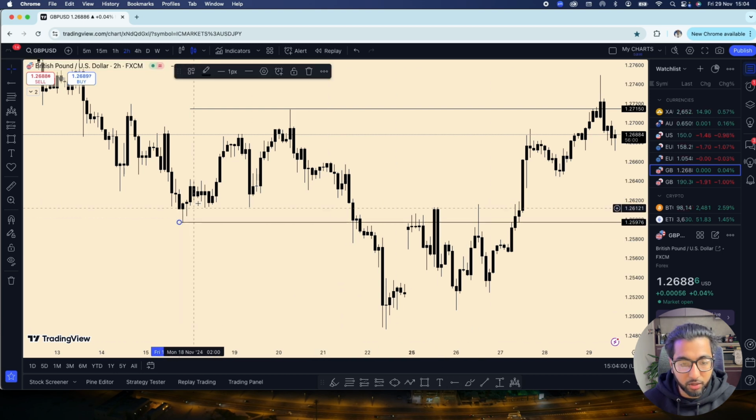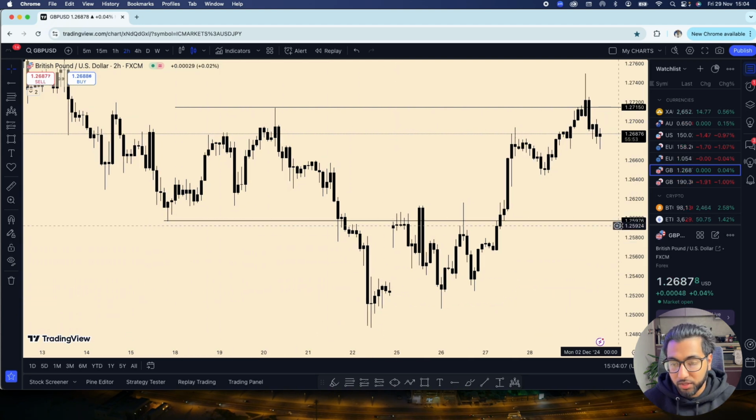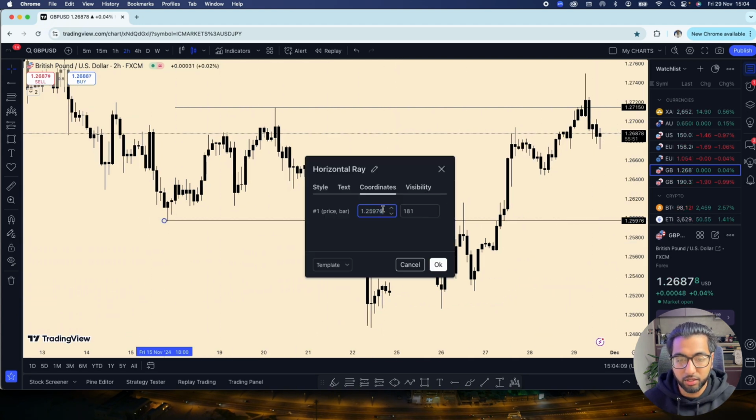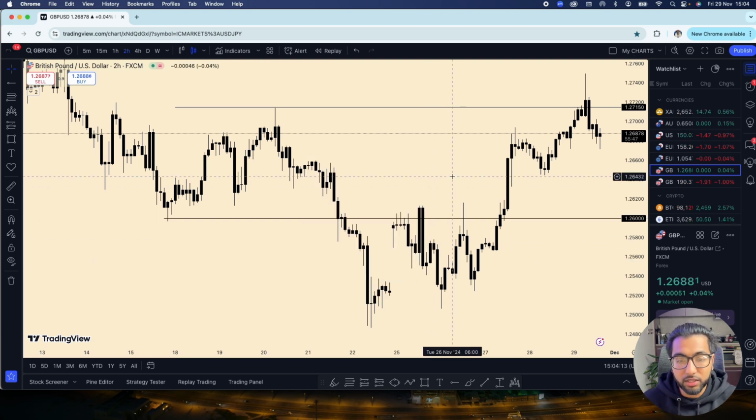Where are we selling to? Well, we can sell to the low, right? What happens? Price goes there and smashes its low. And you can actually see that this is at a key level, guys. Like 1.26. It's at a bloody key level, guys.